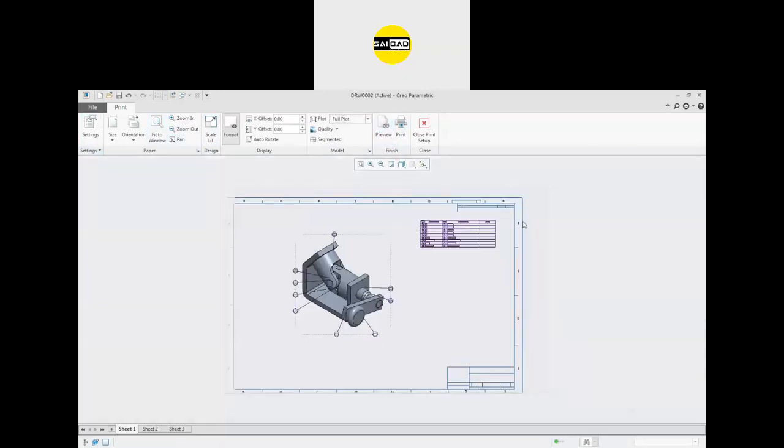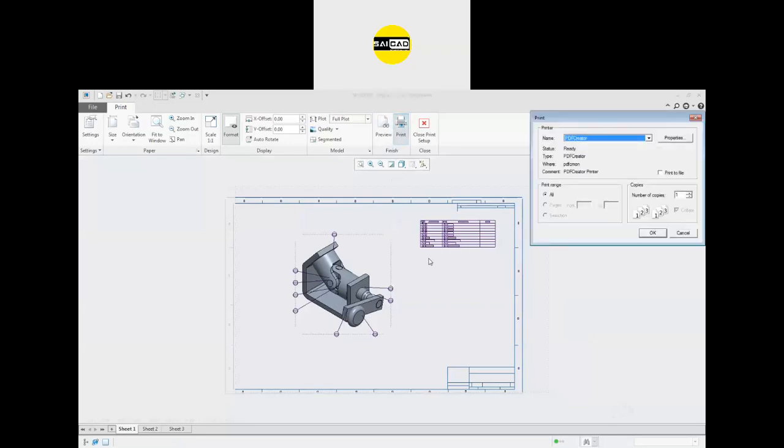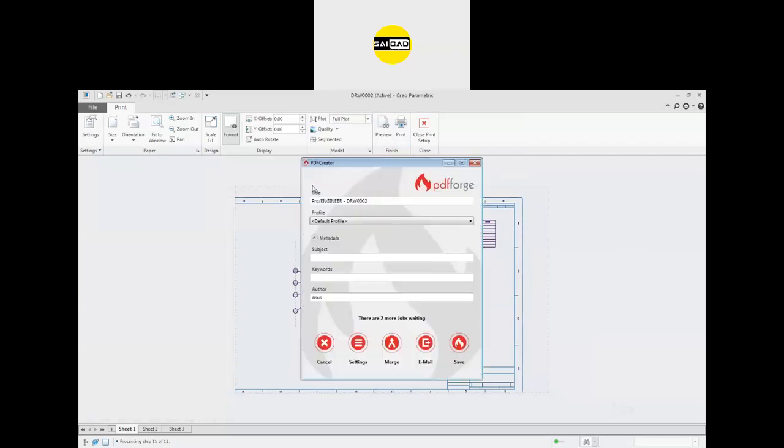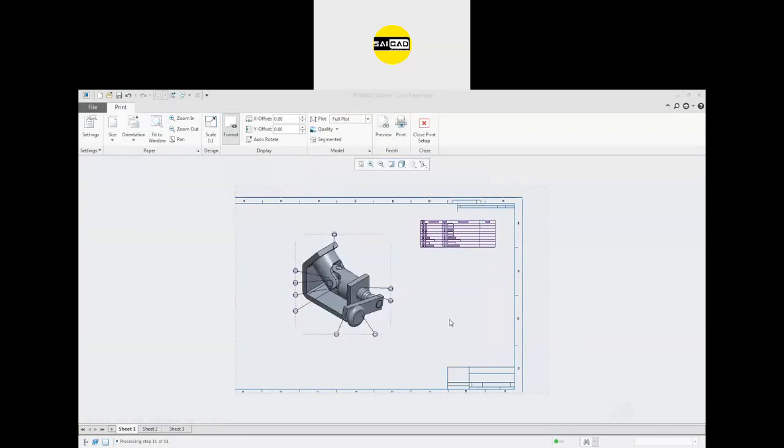Okay. So if you go to the print directly, select the PDF creator, click OK. There we have the PDF. Okay. So click on save where you want to save. Find the location. We have already a file there.